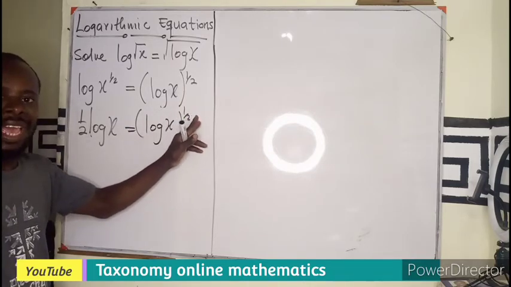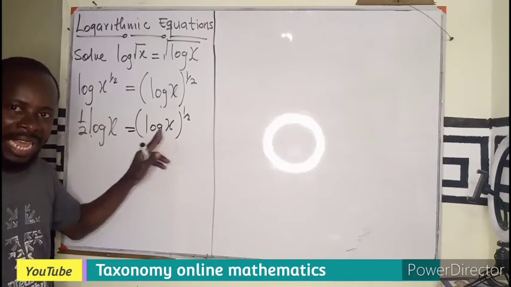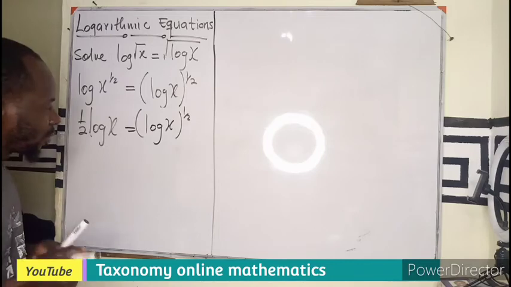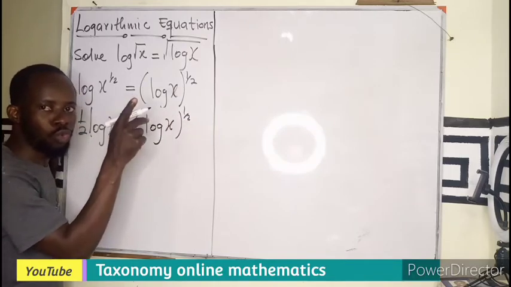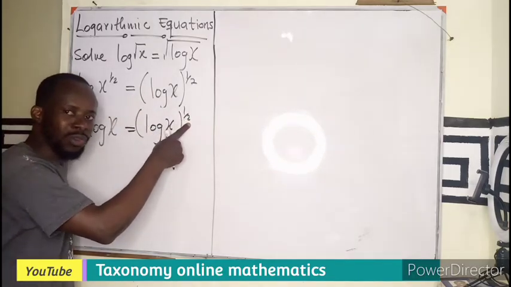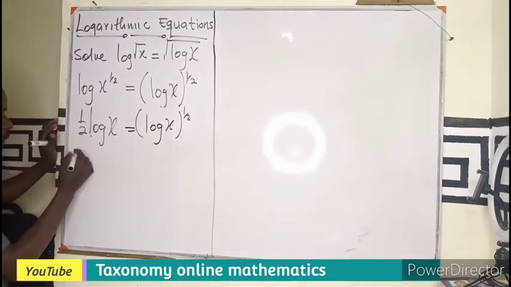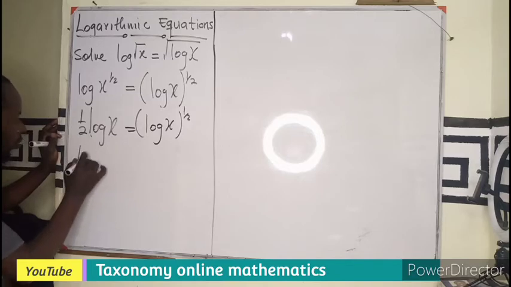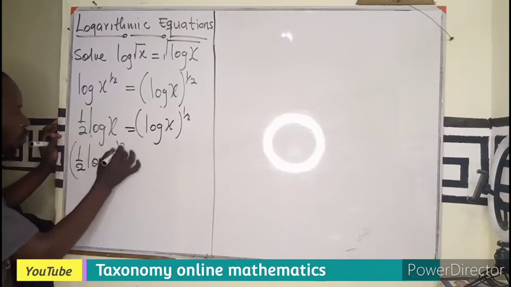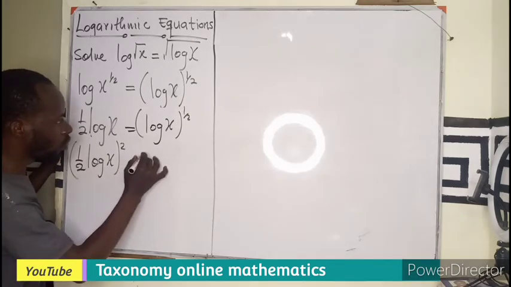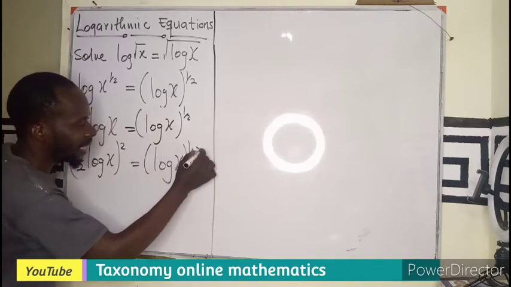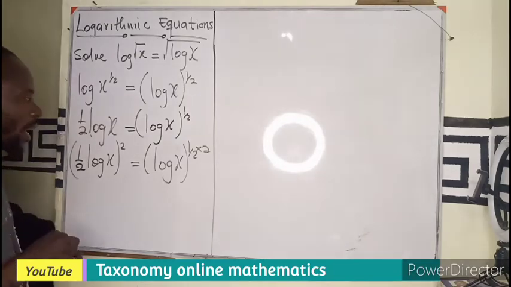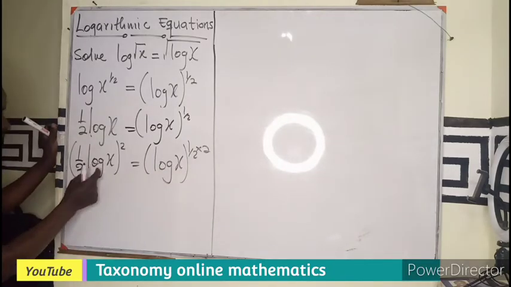So I can only try to eliminate it so that I can lose the x. The x should be free so that I can easily take it out. So I am going to cancel half by the reciprocal of half, which is what? 2. Meaning if I square both sides, this square root, which is the half, will cancel. So I'm going to have 1 over 2 log x squared. We are asked to square both sides. So that equals log x exponent half, which is already there, times 2 by the squaring. If you square, this will cancel. Then don't forget, this is also going to distribute on this to give you 1 over 4